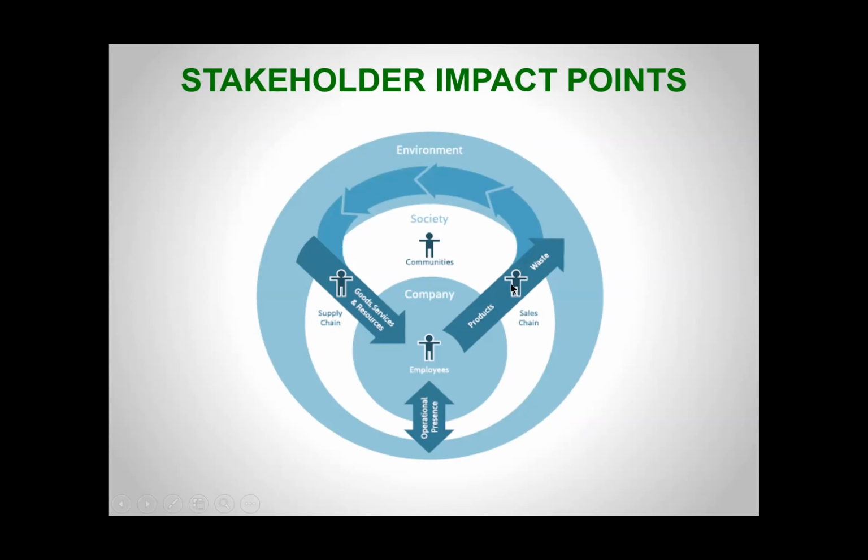Then it produces products which are used by people, users. When they're finished with them, they get rid of them. Hopefully they'll do that in a circular economy way, where they are going to become input to other people's processes or the company's own processes. So those arrows are intended to represent the circular economy approach. Pretty basic flows: input, do something with it, output. That's the way it works.